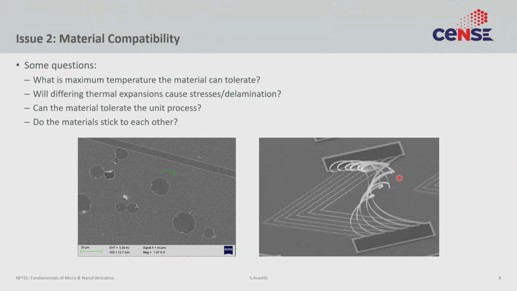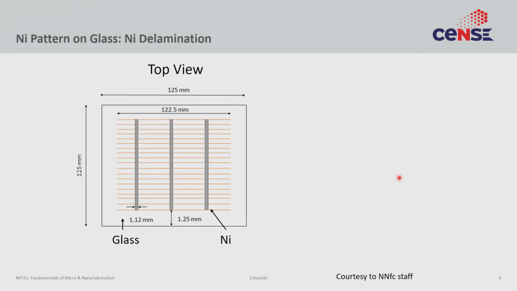Do the materials stick to each other, right? You deposit one film, material 1, and then deposit a material 2, and you implicitly assume these two materials stick to each other. But that might not be the case. So here is an example. We were trying to create a nickel grid on glass. It's a very simple process: a glass substrate and a grid of nickel metal. You pattern the nickel using lithography and either etch the nickel, or you pattern with lithography and do a lift off. Both work. It's a very simple process, 4 or 5 steps, you're done.